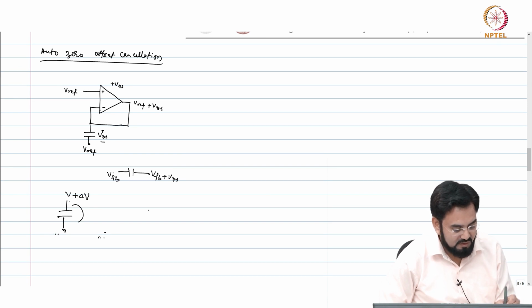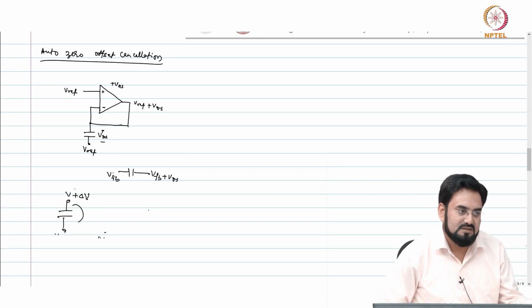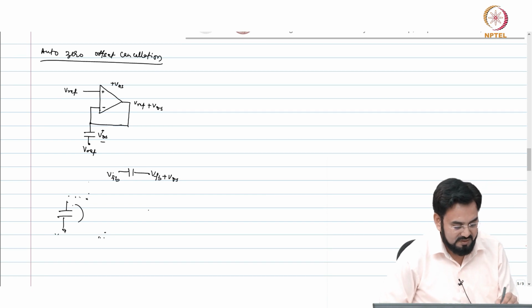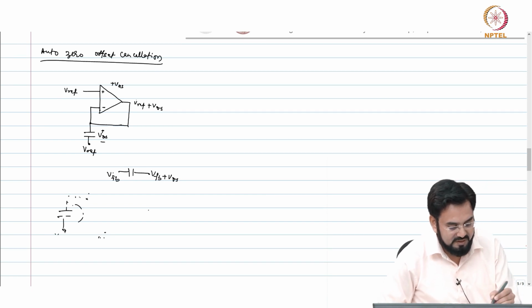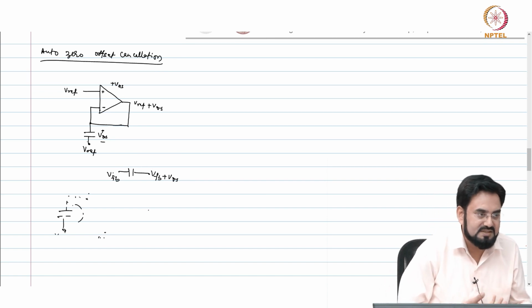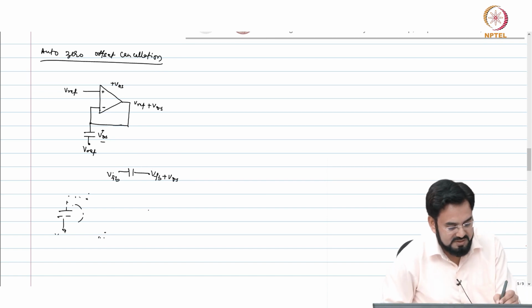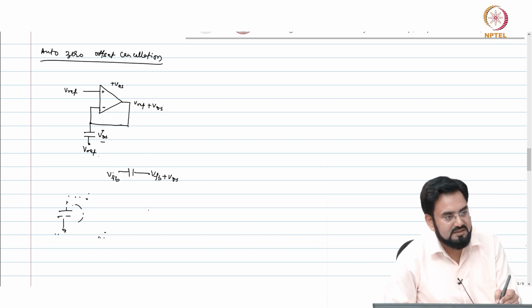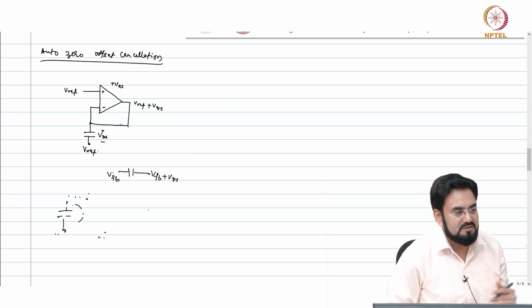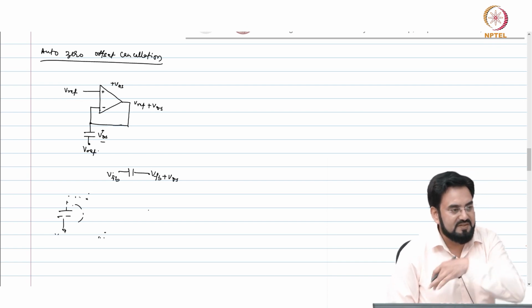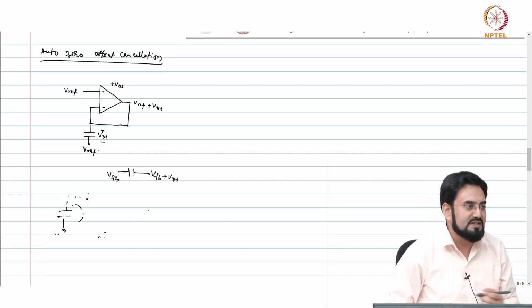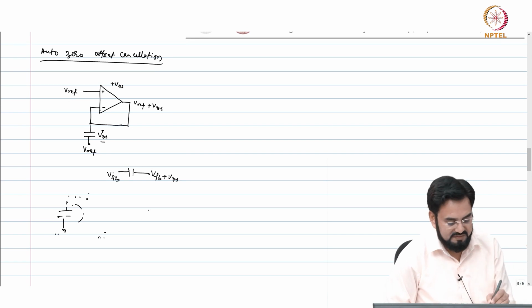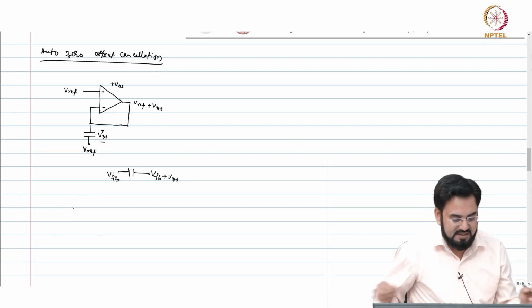If you hard connect to ground, then whatever you charge it, that charge will be stored, and that's what you are doing here. When you are connecting in the unity feedback, this other side is considered as good as ground, VREF. So you charge it fully at VREF plus VOS, and then you change the other plate. So in the next phase, you apply a VFB plus VOS, and that offset will get cancelled out.